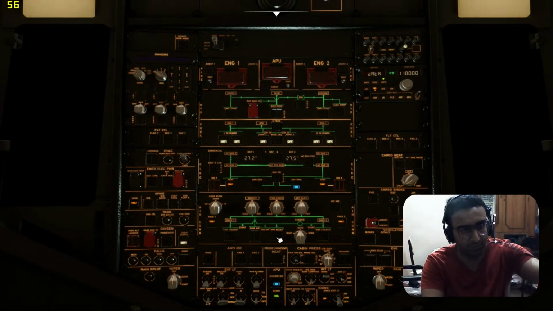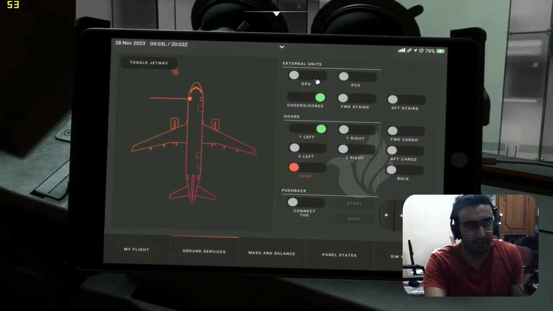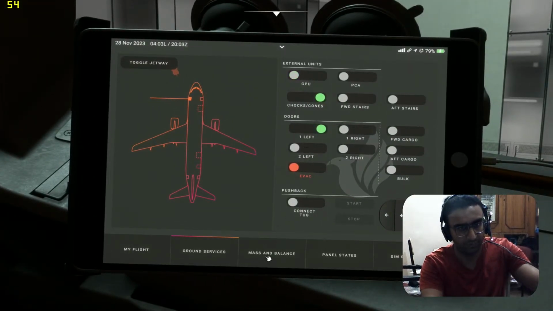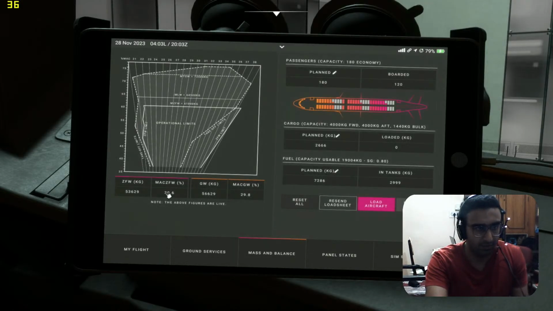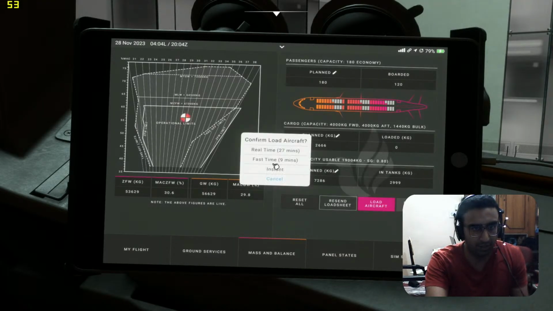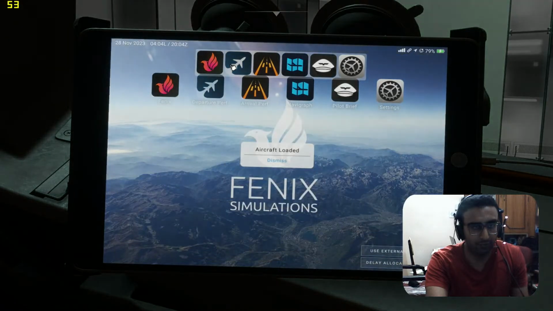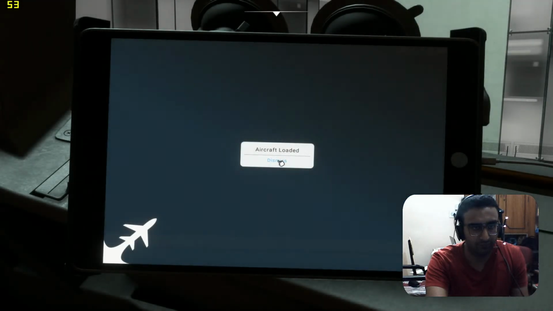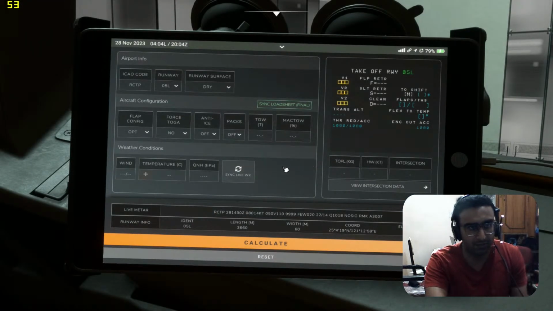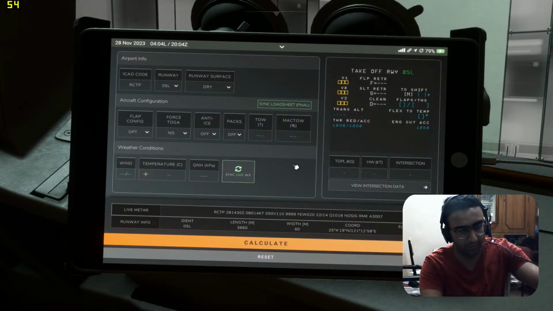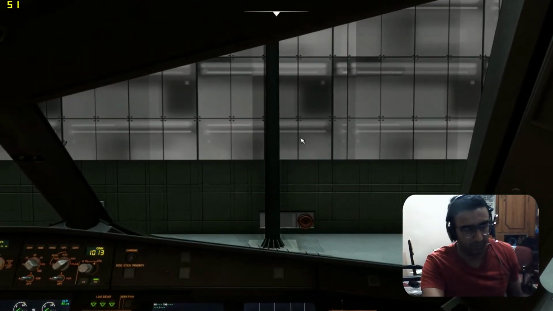I'll turn on the APU bleed, turn off the external power, and request to disconnect the external power as well. Okay, perfect. We'll get the mass and balance. It's already loaded in. I'll load the aircraft instantly. And takeoff performance, I'll listen to the ATIS in a moment, and we can do the takeoff performance calculation. Before that,